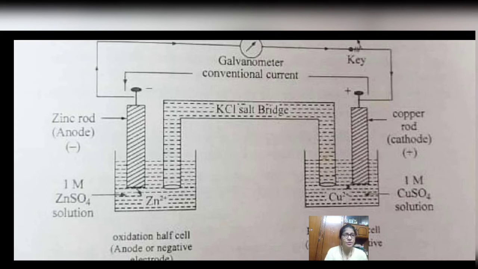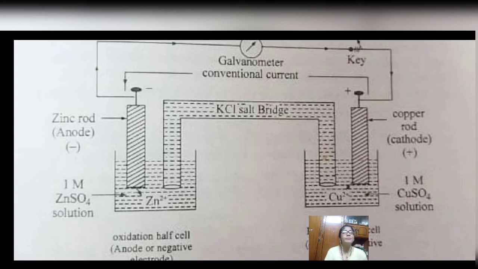So what will happen? What is the function of this salt bridge? As we know, there are a number of Zn2+ ions surrounding this zinc electrode. The Cl- of KCl will come into action. It will come to this side by the attraction of so many Zn2+ ions and will form ZnCl2. On the other hand, there are a number of electrons surrounding the copper electrode. So the K+ of KCl will be attracted towards these electrons surrounding the copper rod and will be neutralized, taking up electron as metallic copper.